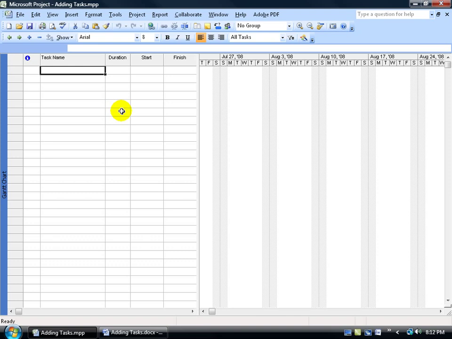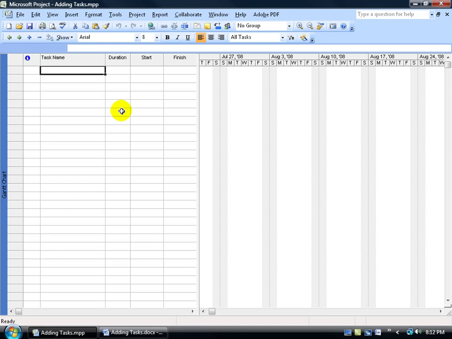And then once you're done with that summary task, you can move on to the next one, which is cleaning the living room. The subtasks for that summary task could be vacuuming, dusting, and so on. Now let's get back to our project here, which is to publish a software training manual. The first thing I'm going to enter are all my summary tasks. After I have those entered, then when I brainstorm about each specific task, I'll go ahead and insert those